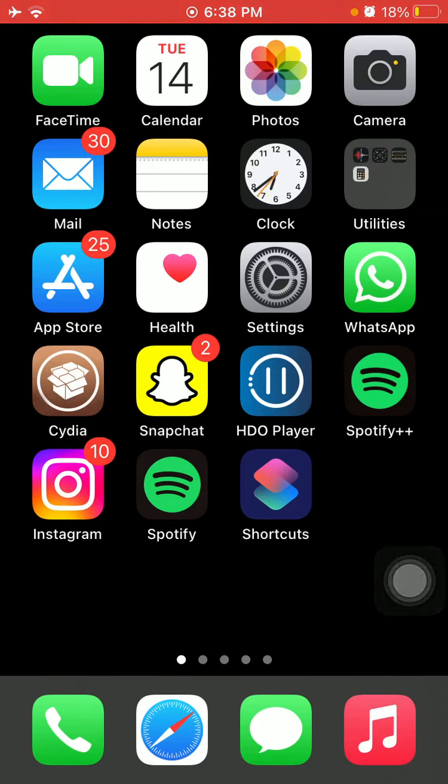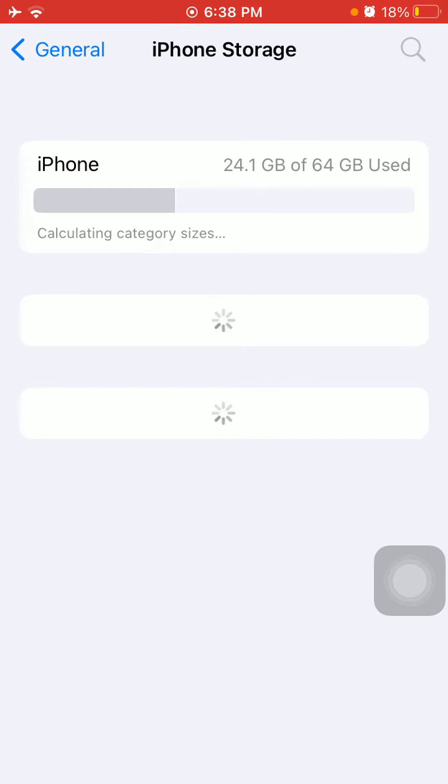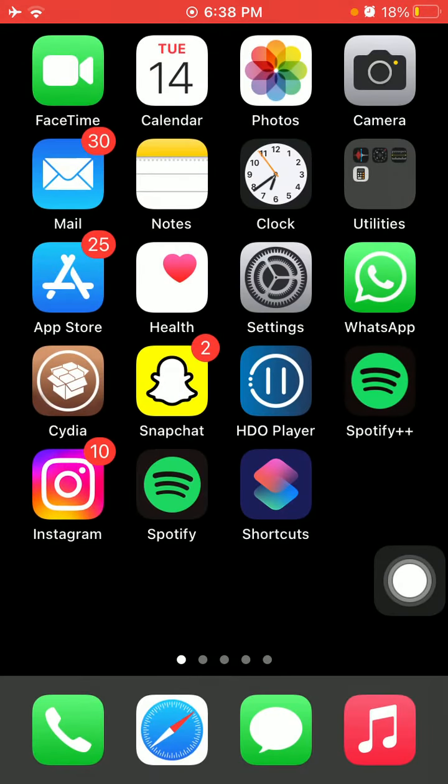First, launch Settings, General, iPhone Storage, and make sure that the iPhone is not running out of space. Then tap on Facebook, Offload App. After offloading the app, force close all the apps that are running in the background and force restart your iPhone